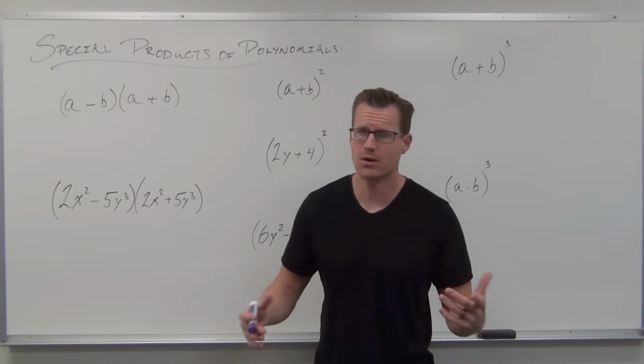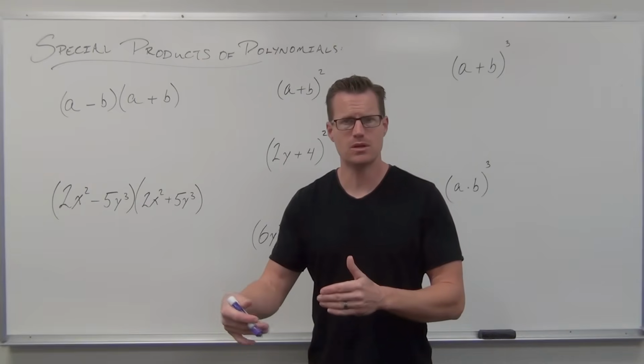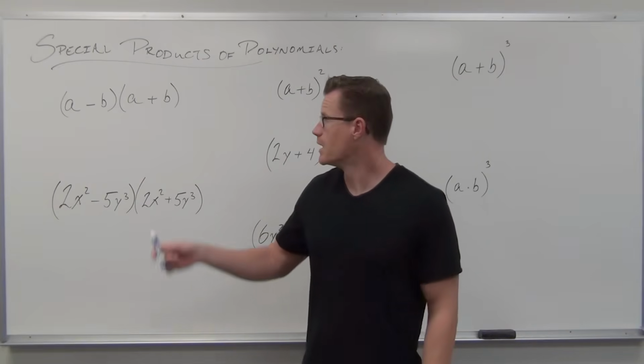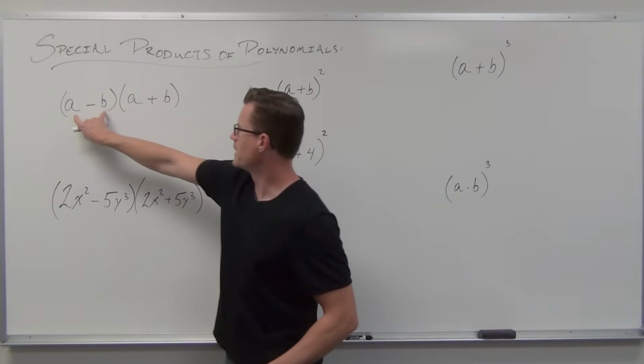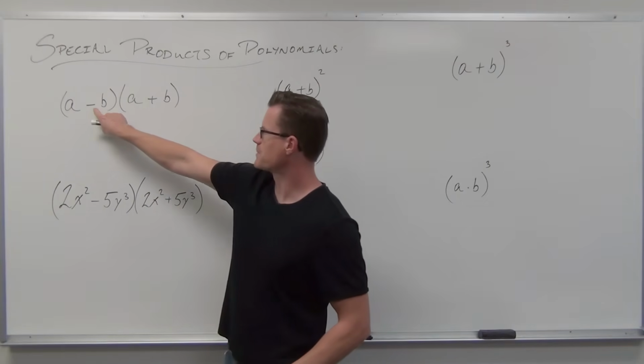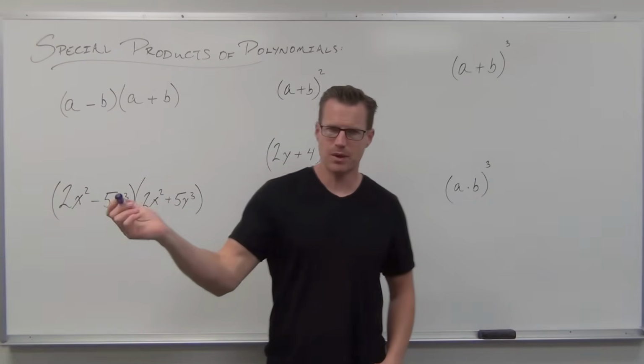This is going to be a quick video. We're not going to spend a whole lot of time on it. I'll just show them to you so that you can identify them and appreciate them. Let's look at what happens when you multiply two terms that look exactly the same except for the sign between them. Let's see what really happens here. You see, if we multiply these together,